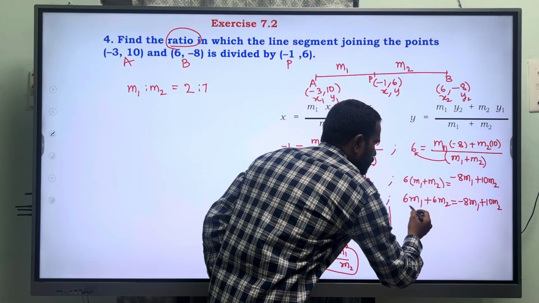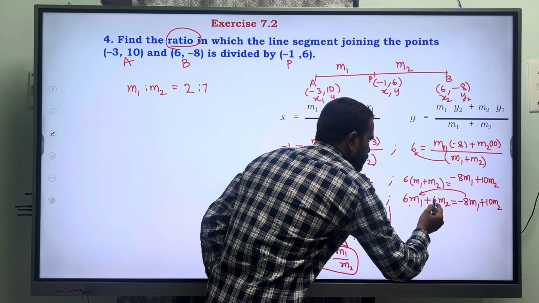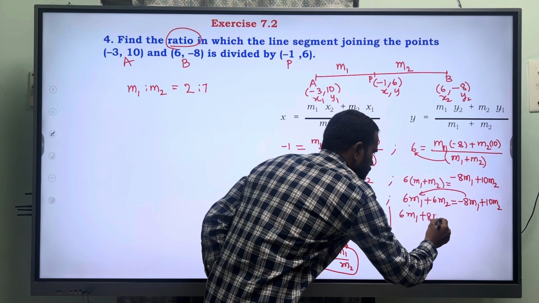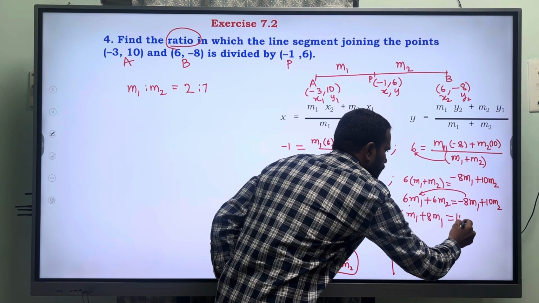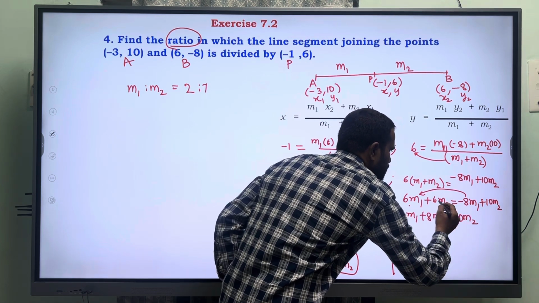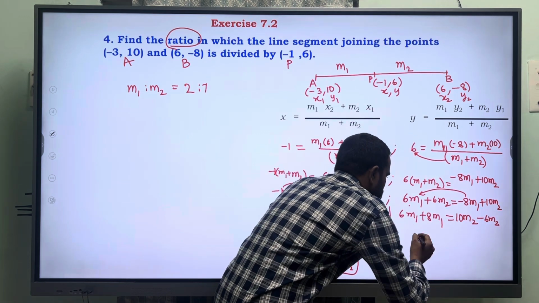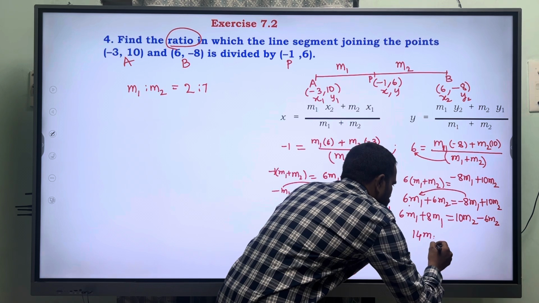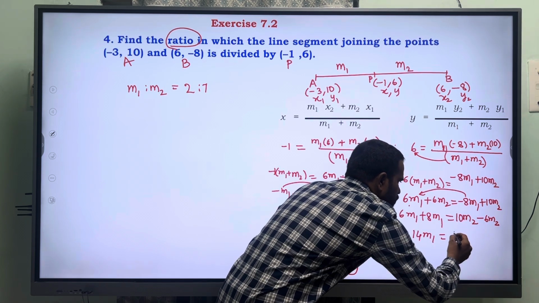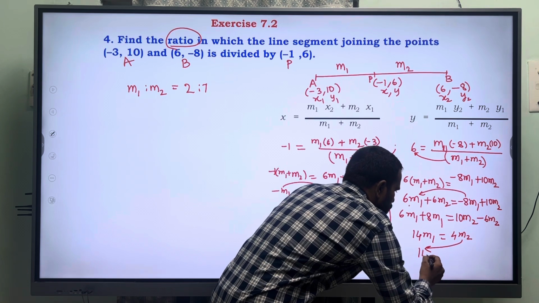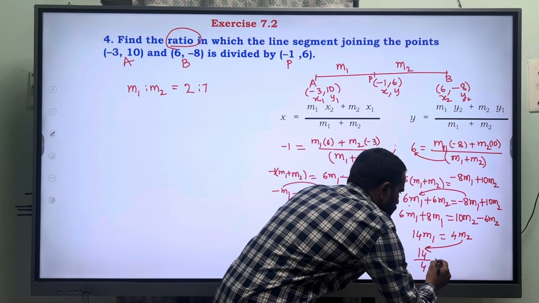See here, m1 gets to the other side: 6m1 plus 8m1 is equal to 10m2. 6m2 will go to the other side, minus 6m2. 6 plus 8, 14m1 equal to 10 minus 6, 4m2. So m to the other side, 14 by 4 is equal to,